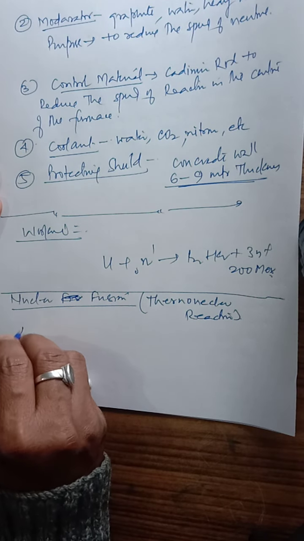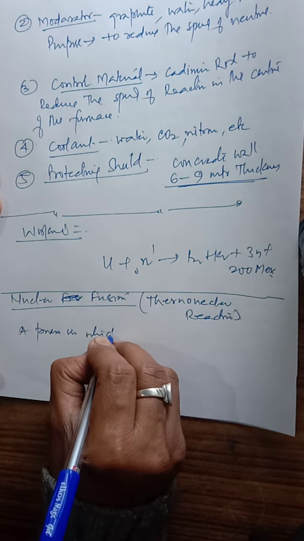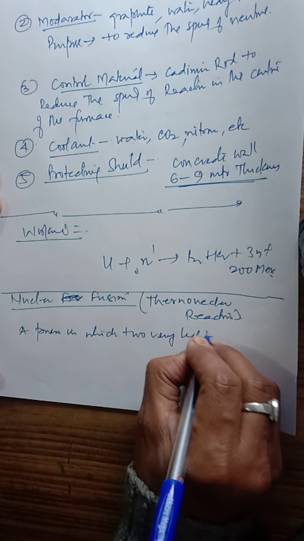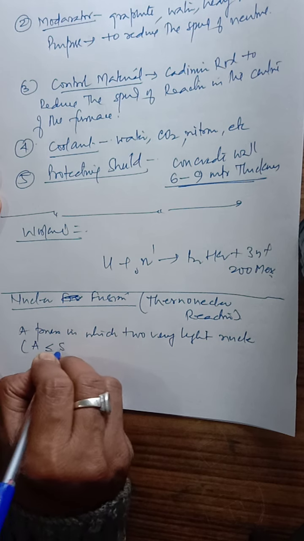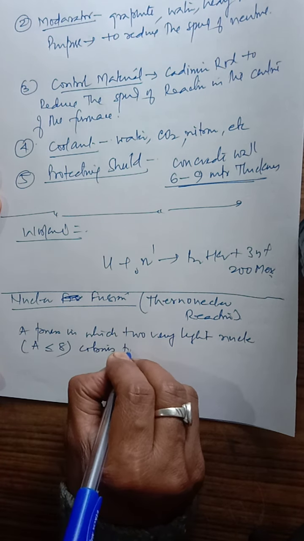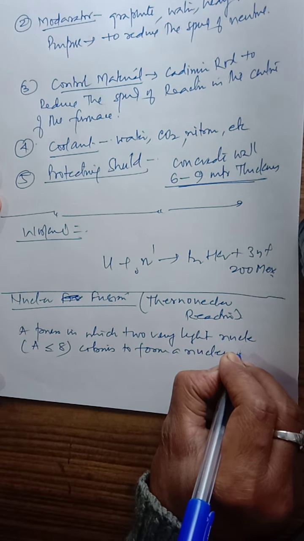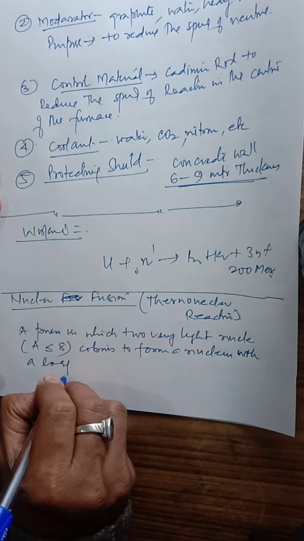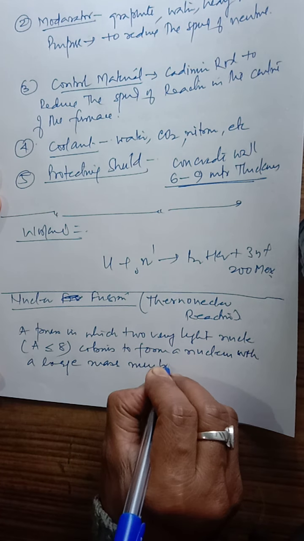The definition of that: a process in which two very light nuclei, meaning the atomic mass number is less than or equal to 8, combine to form a nucleus with a larger mass number